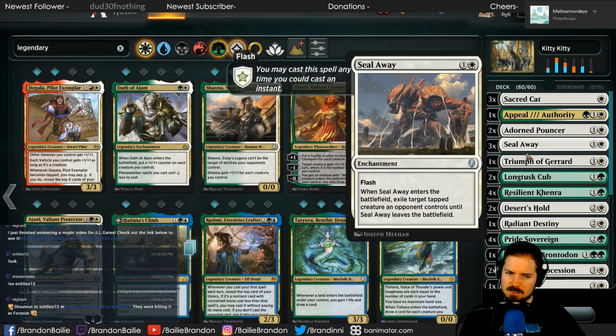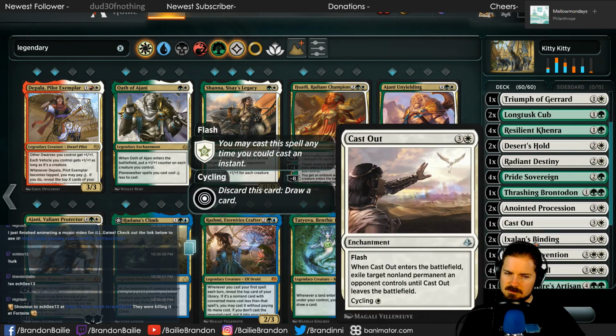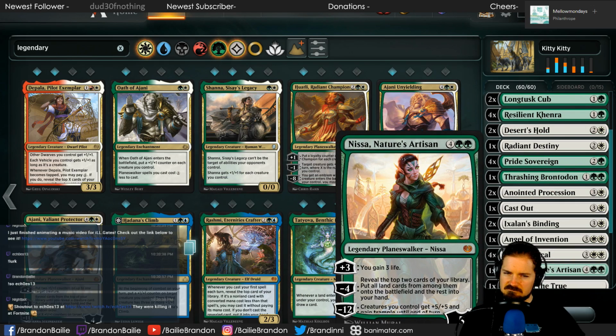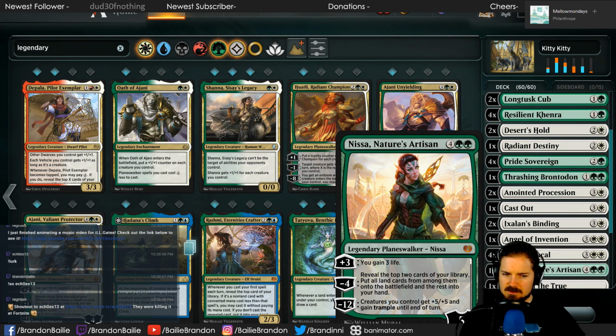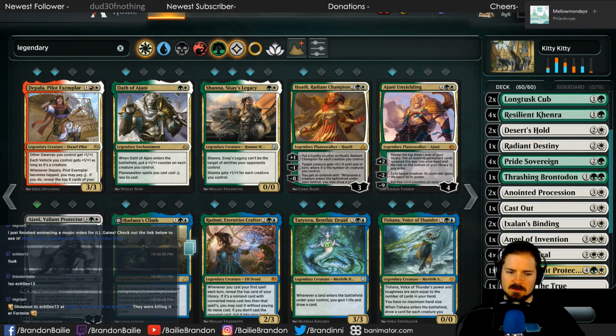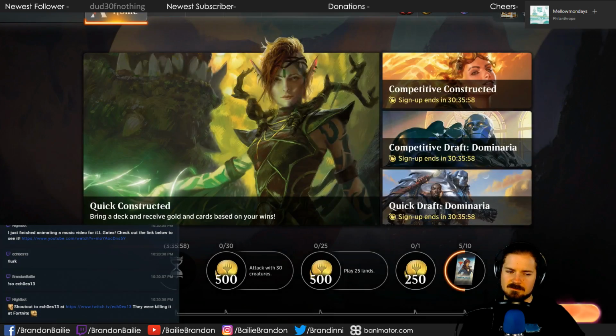I do need a planeswalker in this deck. Maybe replace Nissa with a Johnny. Why not? Because that's another cat, right? So we've got to do that.